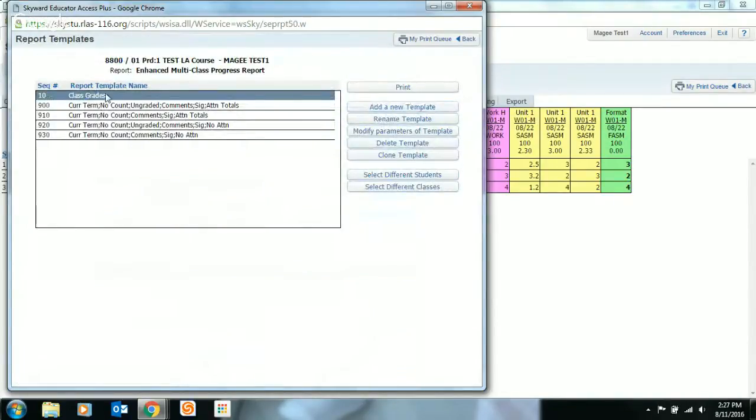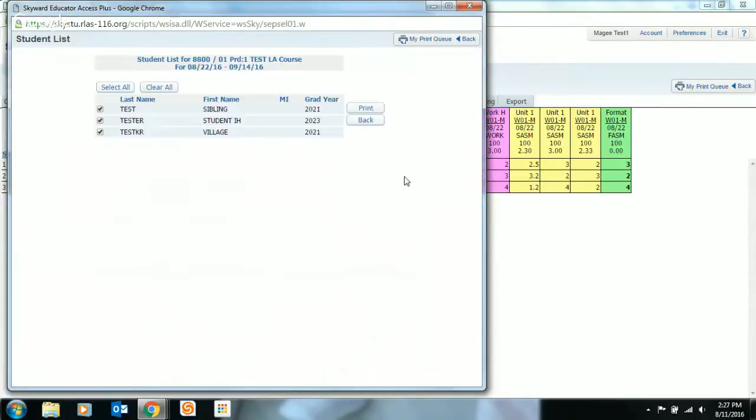Now, all those features that we just selected, that's what's in under class grades. Now I have options. Throughout the year, if I want to change that, I would just go to modify parameters of the template, and that's where I could change the quarter to the semester to the progress, whatever I need. Also, I have the option of selecting different classes or different students. Right now, I'm going to click on select different students. This is my whole roster right now, these 3 test students. I'll uncheck this one. Let's say I only want to print those 2 kids. And now when I click print,